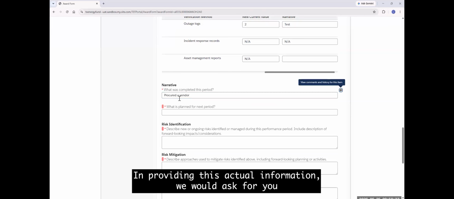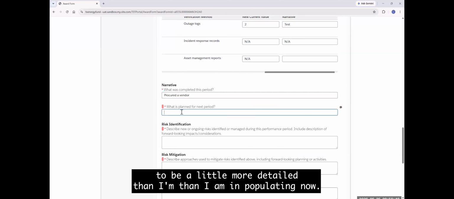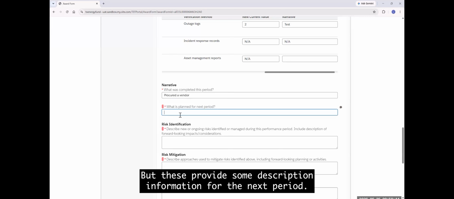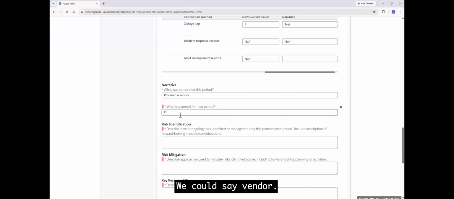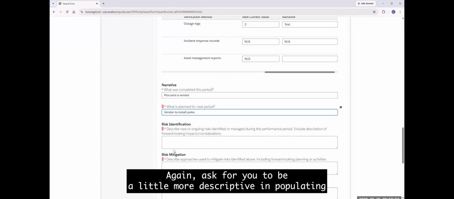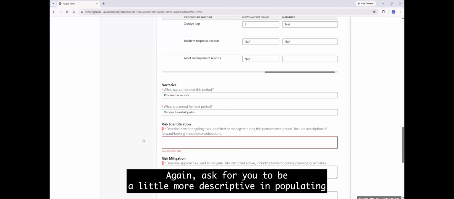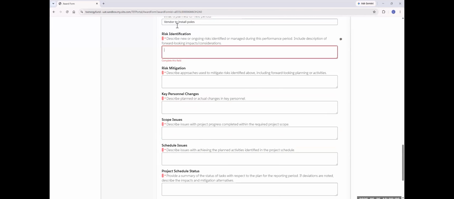In providing this actual information, we'd ask for you to be a little more detailed than I am in populating now, but please provide some descriptive information. For the next period, we could say vendor to install poles. Again, we ask for you to be a little more descriptive when you're actually completing this.